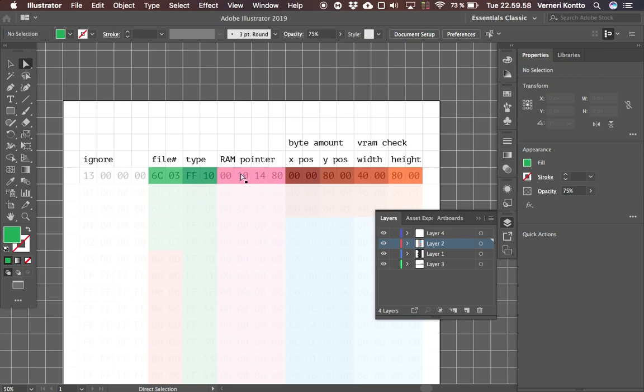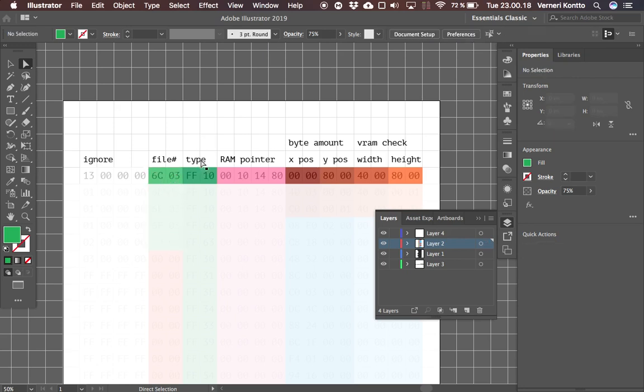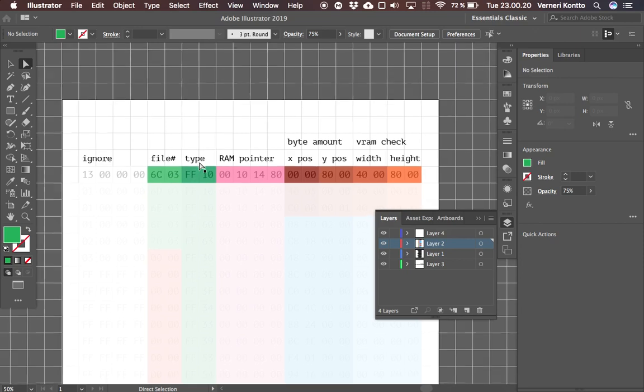It doesn't make a lot of sense in this context, but all you gotta really worry about is the file number, the file type, and these last 4 words. But let's continue. So file number is 36C, file type is 10FF, and